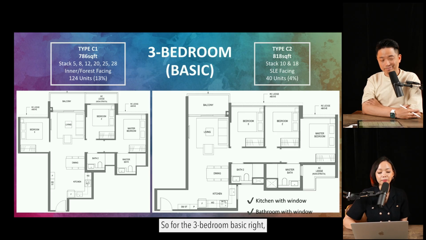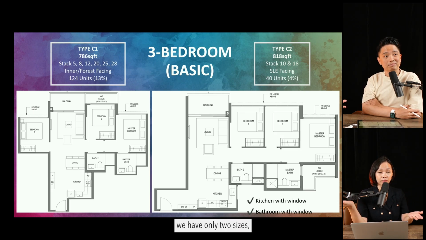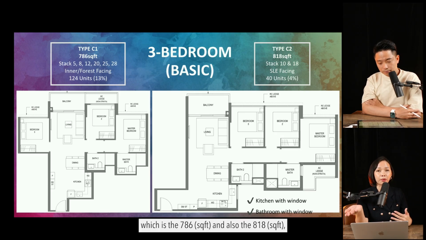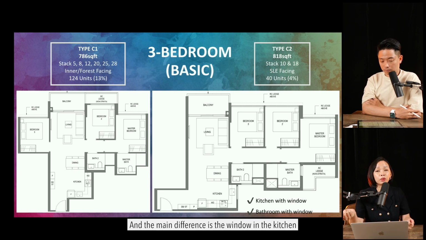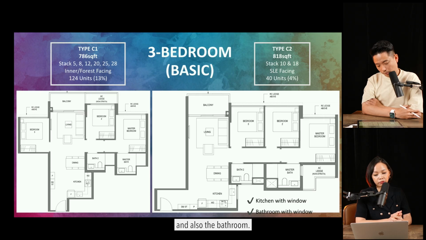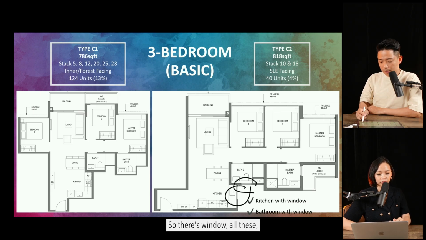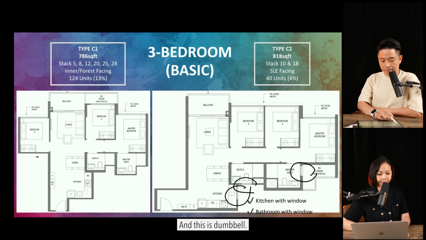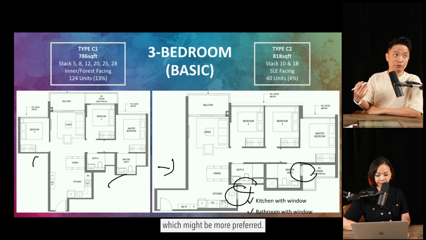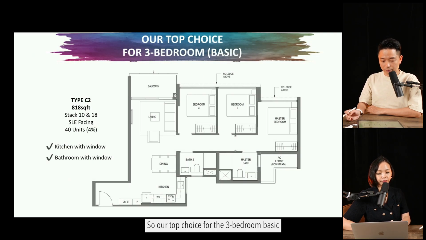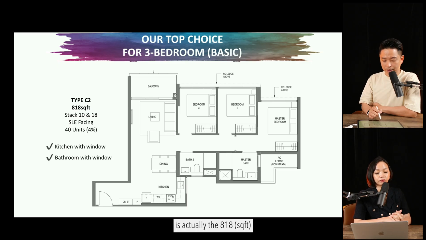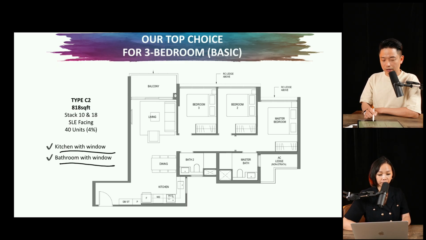So for the 3-bedroom basic, we have only 2 sizes, which is the 786 and also the 818. We have shared this earlier. The main difference is the window in the kitchen and also the bathroom. This one is dumbbell, this is non-dumbbell, which might be more preferred. So our top choice for the 3-bedroom basic is actually the 818, because kitchen with window, bathroom with window, standard